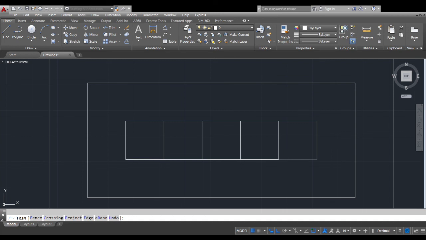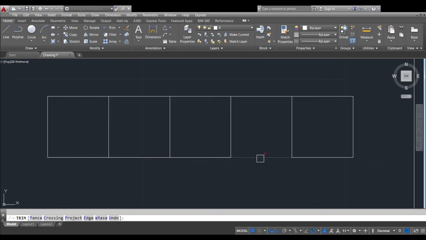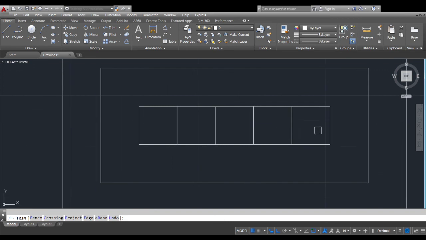Nakita natin, parang nagiging invisible siya sa screen. Matitrim siya kasi meron siyang boundary. Pero kung kagaya nito na wala na siyang excess sa boundaries,